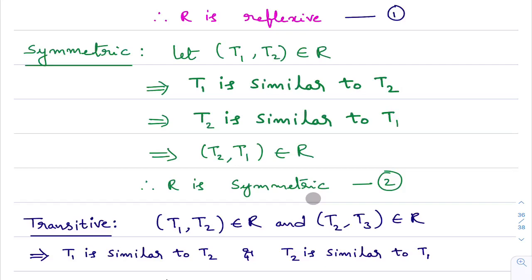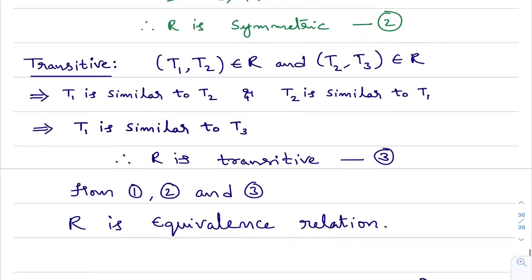Now, the transitive property. To check the transitive property, I will consider (T1, T2) in the relation and (T2, T3). (T1, T2) ends with T2, and (T2, T3) starts with T2. I hope you know how to consider the points by this time. If this is the first video you are watching in relations and functions and you cannot understand this, you need to come one after another. Okay, (T1, T2), (T2, T3). From this, can I say (T1, T3) belongs to the relation?